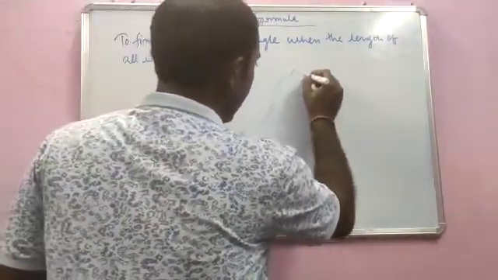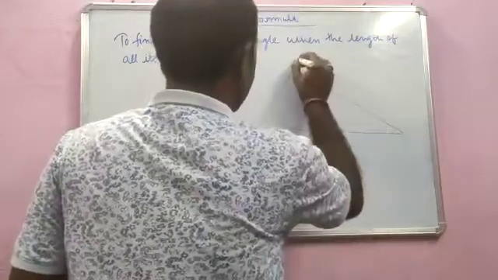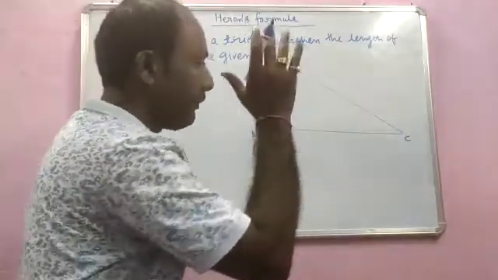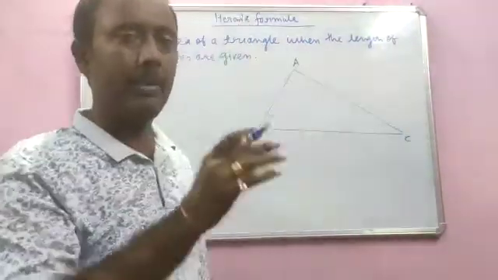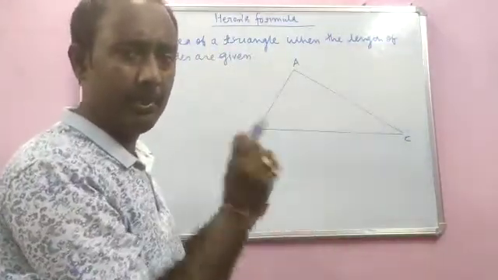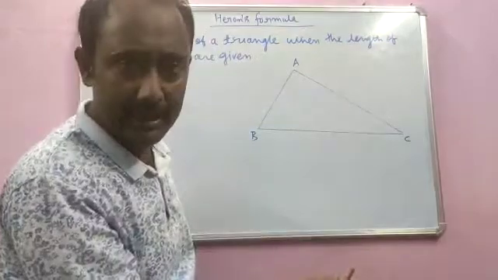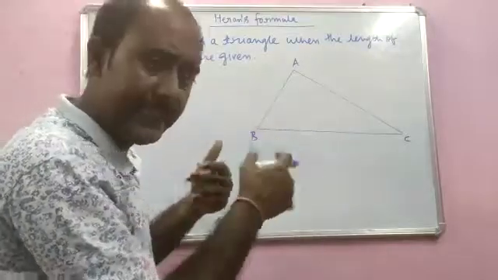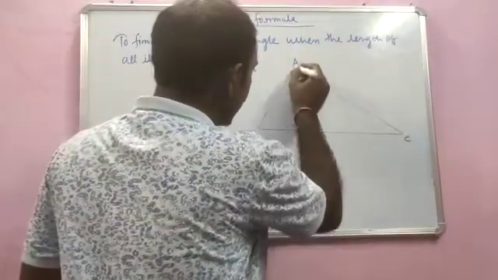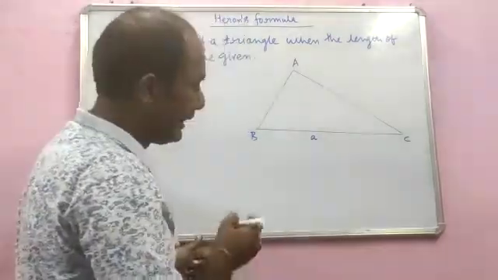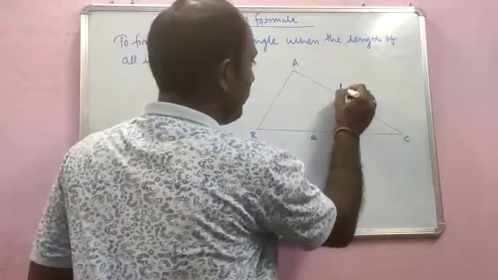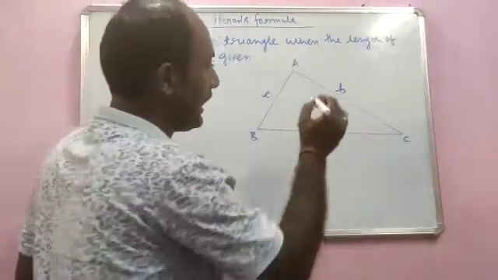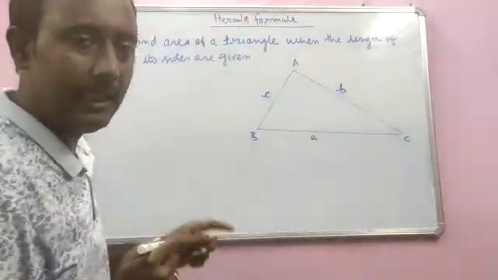And Heron's formula says that if we have a triangle ABC, right now here we are not focusing on any particular type of triangle. We are not naming it as a right angle or acute angle or obtuse angle or a scalene triangle or isosceles triangle, equilateral triangle. The triangle can be of any shape. For a triangle of any shape, let us denote the side opposite to vertex A by a small a, the side opposite to vertex B by a small b, the side opposite to vertex C by a small c. Small a, small b, small c are the three sides of triangle ABC.